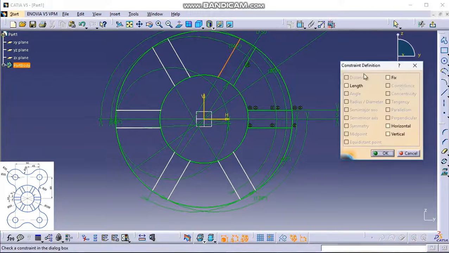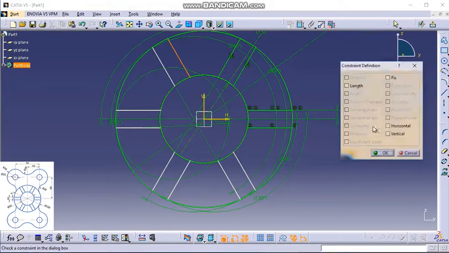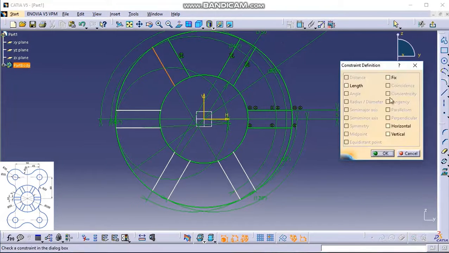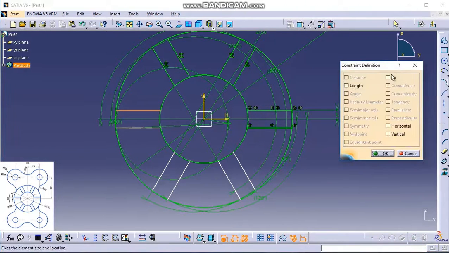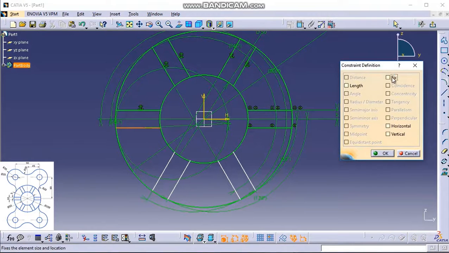Similarly, select this, fix, select this and fix, select this, fix, and we'll fix all the white lines so that it gets constrained.